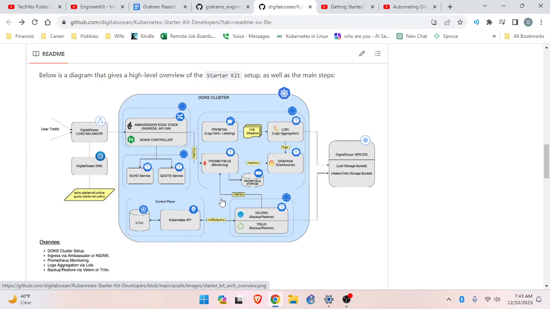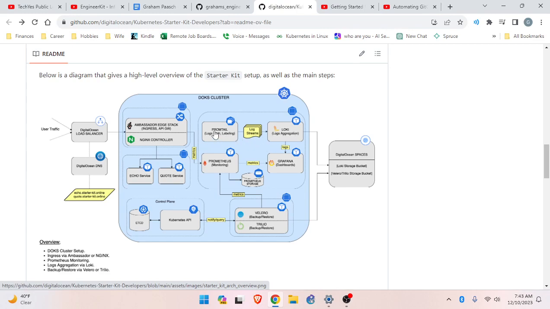This here is easy to read. This is the easiest to read. And they both say metrics and it looks similar. So I'm guessing this says metrics, which is great. Yeah, and then it goes into Prometheus, which is a monitoring tool that requires metrics to be fed to it. So yeah, metrics. Then more metrics go into Grafana to build up dashboards. Then Loki, which is logs aggregation.